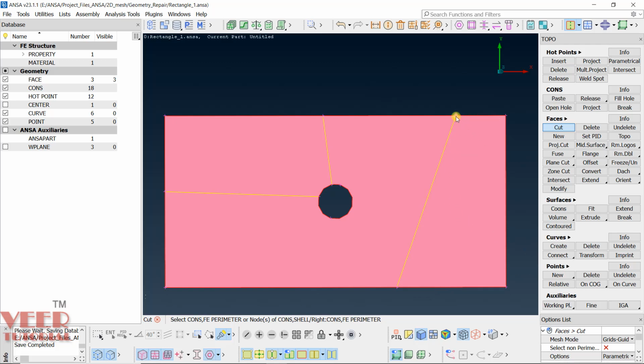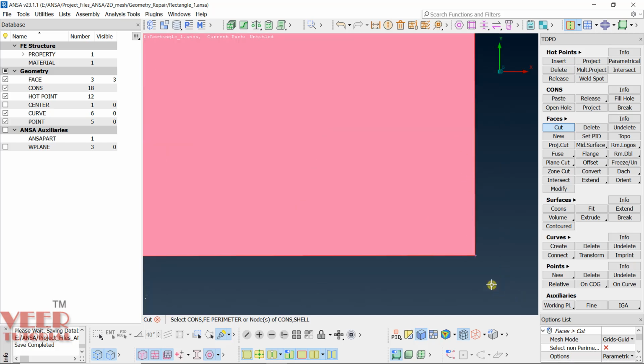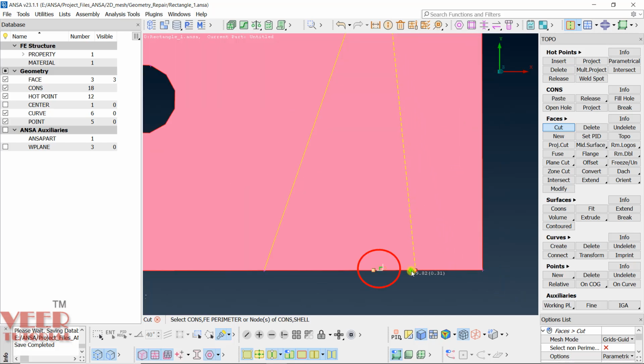Once again, let's create one more cut, and I want to create a proper straight cut. For this, take the mouse onto another line. When I drag the mouse here, you can see a right angle option highlighting. It means at this location it is at a right angle, or 90 degrees.